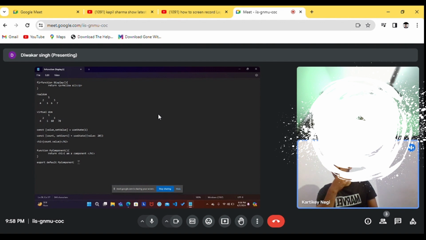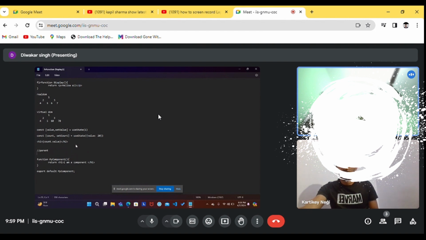Okay. Then how will you pass a prop into a React component? Basically, for passing a prop into a React component, I have this component. If I want to pass a prop, in the parent I'll write the code for that. In the parent, the first thing I will do is take the component, and inside that I will pass some kind of value.